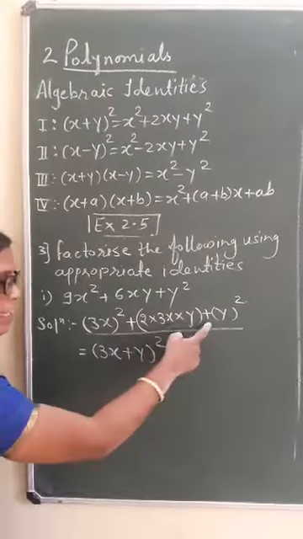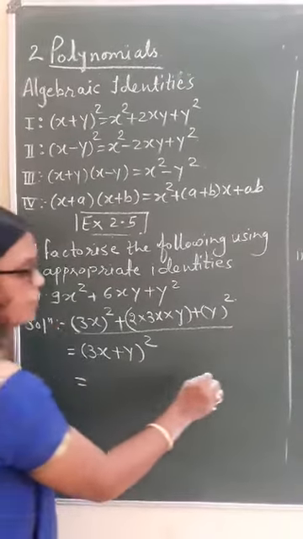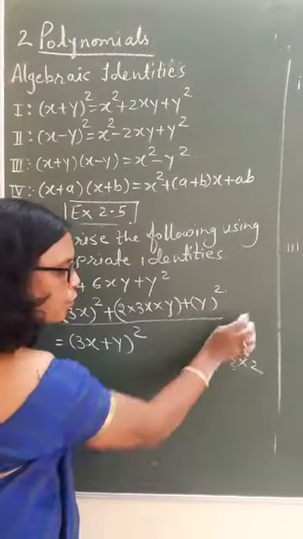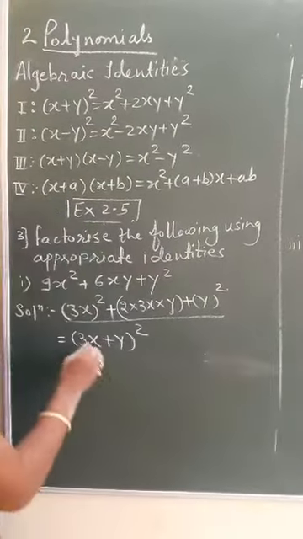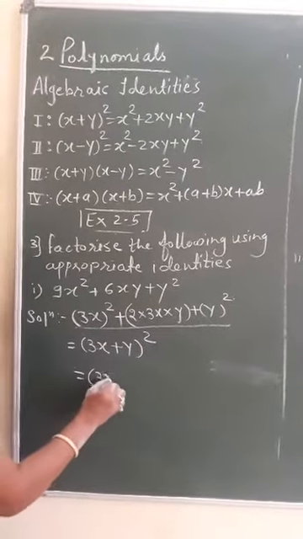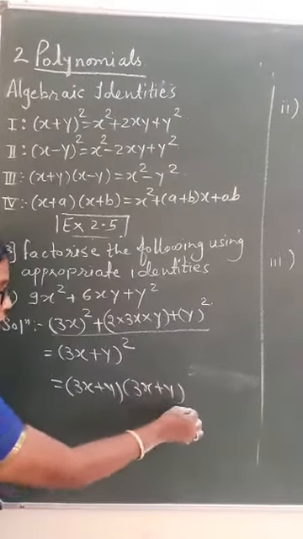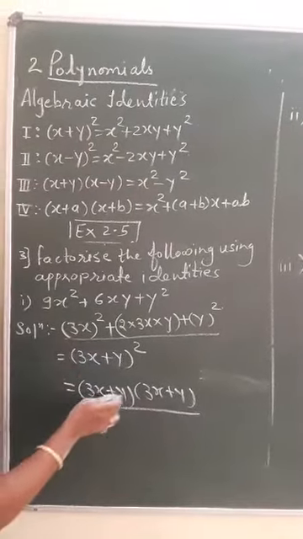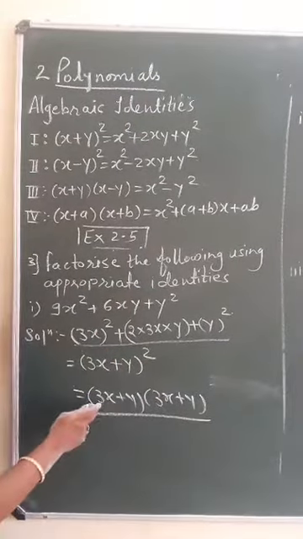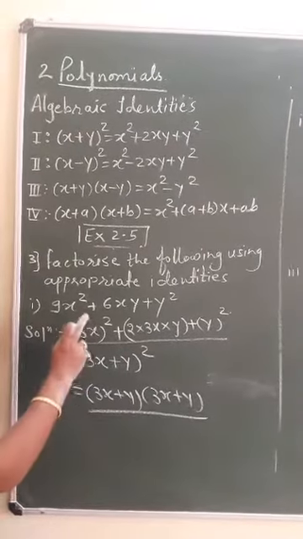If we use this first identity here, then certainly we will get this expanded form. So we had written this expanded form in a square form, identity form. And whenever I say 2 square, I can write 2 into 2. These are the factors of 4. Is it or not? So here also when the square is there, we can write this bracket as 3x plus y into 3x plus y. And this is the factorization of this problem. Okay, we are saying this is only a monomial. This is the factorization of this problem.